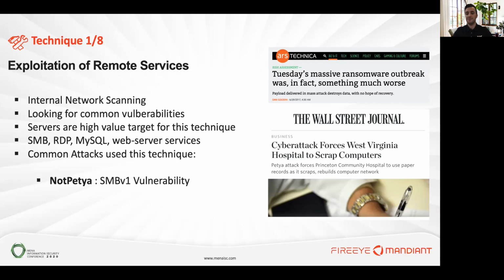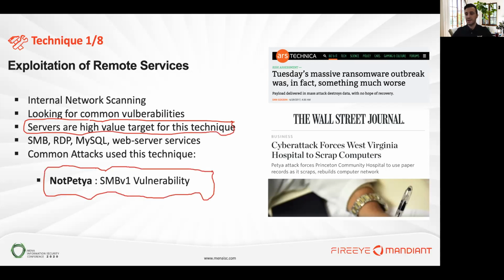And definitely this can be done by network service scanning. There are several well-known vulnerabilities in the common services that we know, like SMB, RDP, and many other internal services like MySQL or web server services. So many of those services are vulnerable enough and will help the attacker to utilize those vulnerabilities to get inside your network. So one of the common attacks that have used this technique, as we can see on the right side here, is